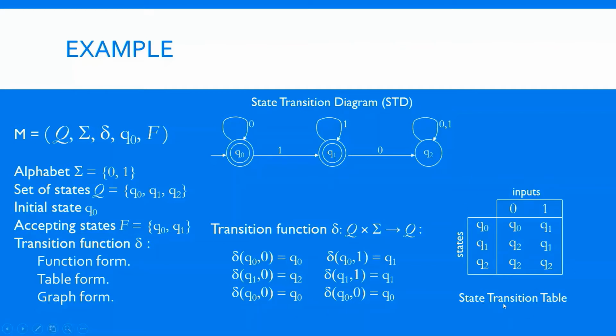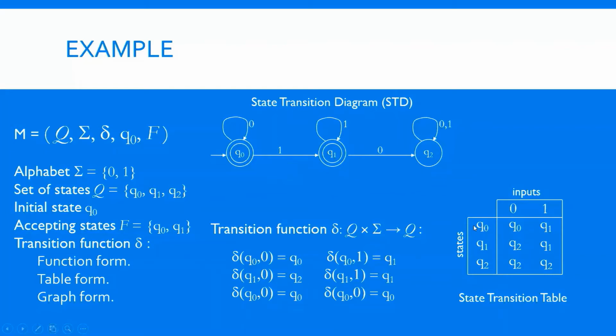This is another representation. This is called a table representation, because wherever a graph is there, you can write an adjacency matrix. So this is also a representation which you can use for encoding or for writing a program. This is the data structure part of your same logic, same algorithm.